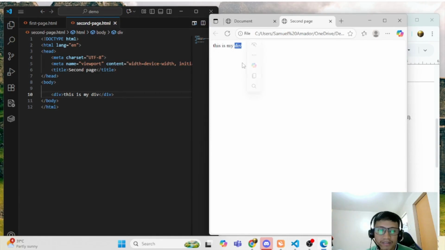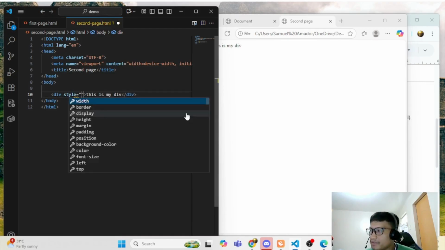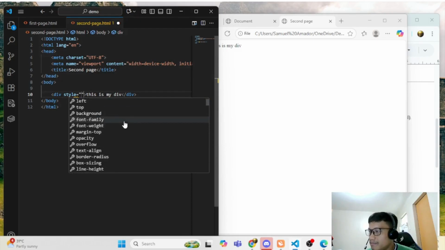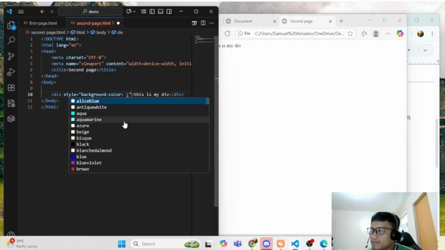So notice that this is pure plain HTML. So to add an inline CSS, you'll have to add here an attribute, and then there are many properties you can apply on your div tag. So for instance, I want to change the background color to red.